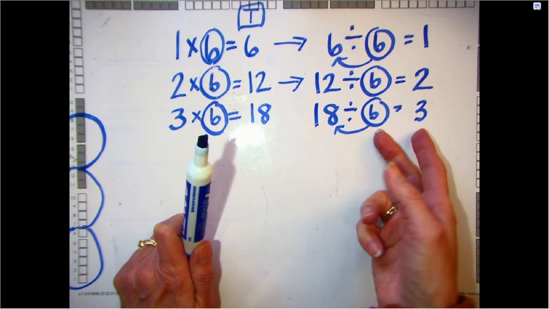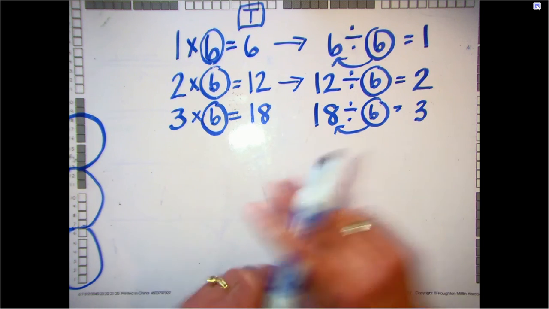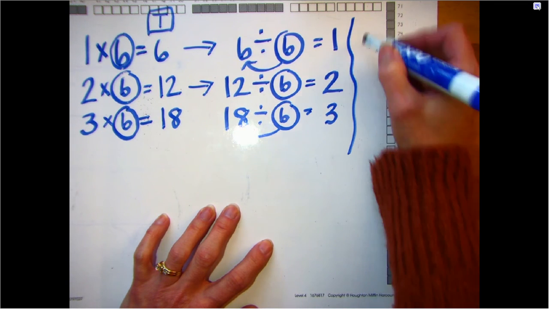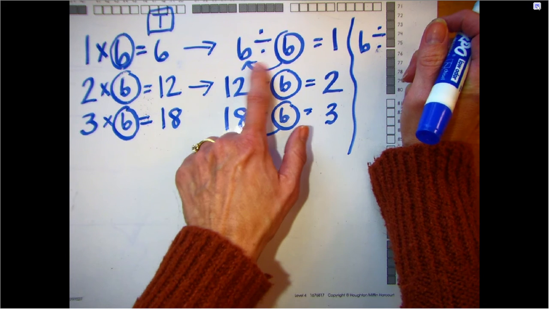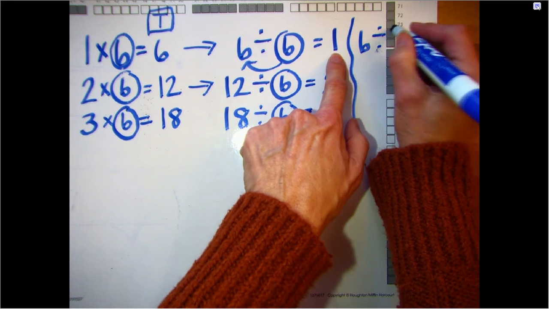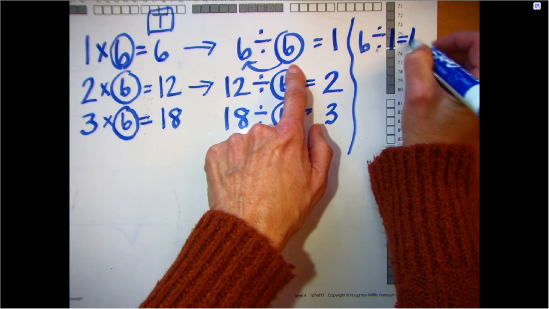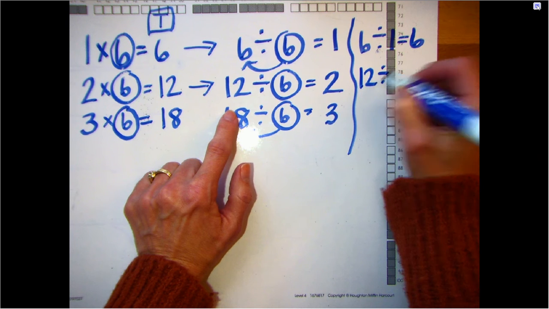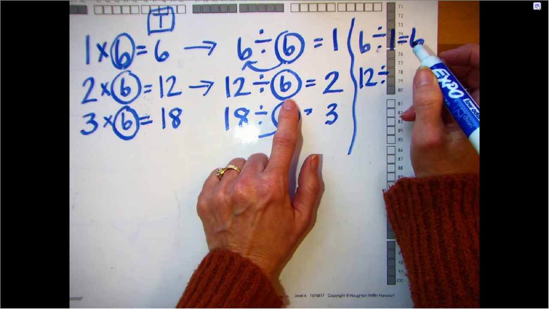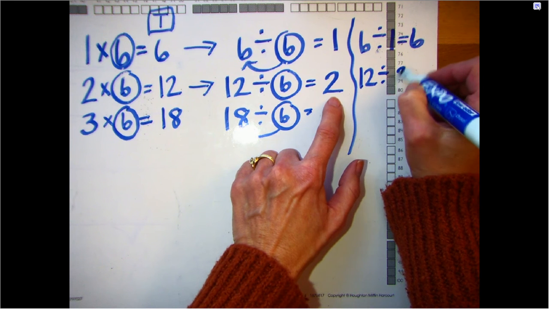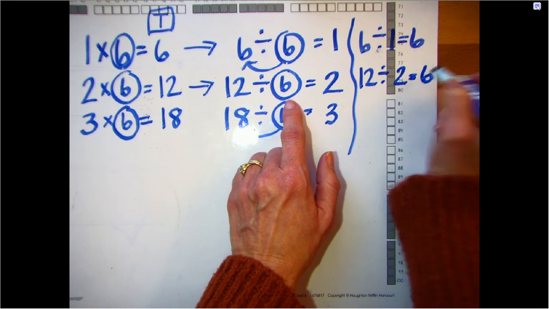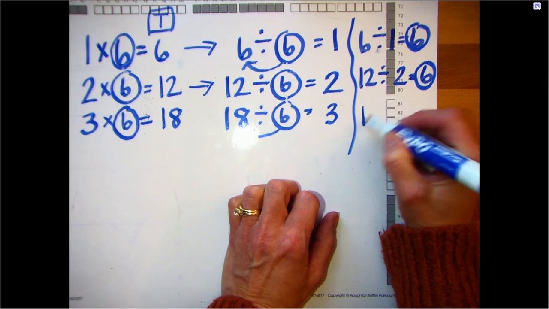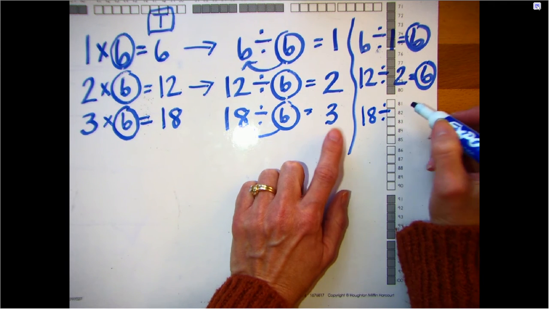Now, we could flip these two factors, right? I could also say that 6 divided by 1 is going to equal this, right? Because it's my other factor. Still starting with the big number. My total is 12, but instead of dividing by 6, I'm going to divide by this factor, which is going to leave me with the other factor. So really, I can do it either way. 18 divided by 3